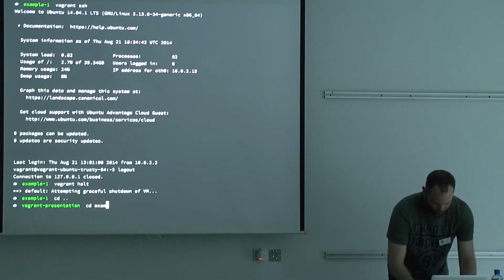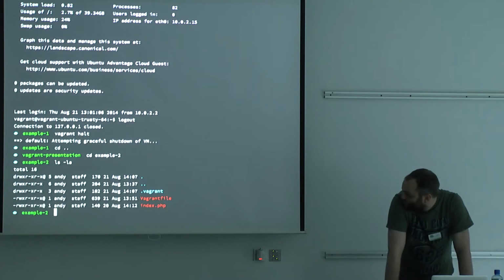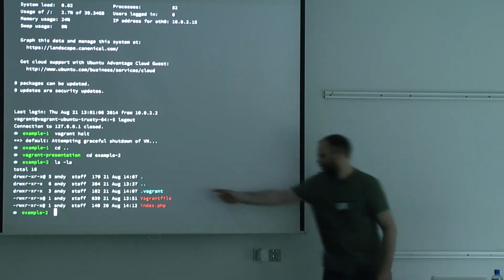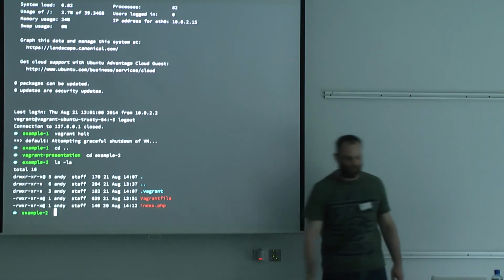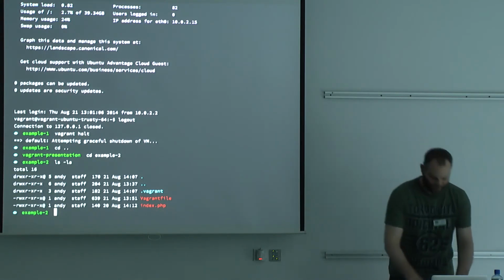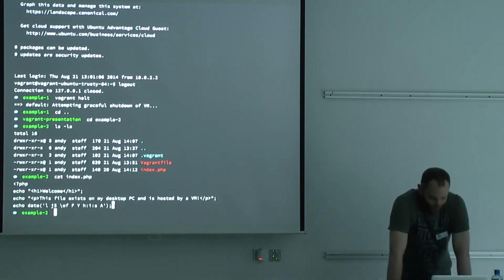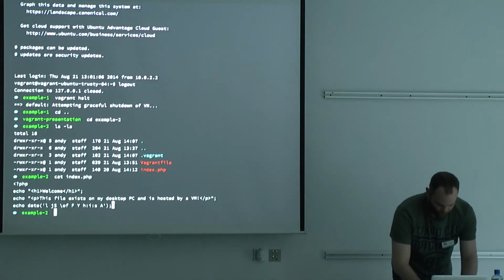Let's go for example 2. Okay, we've got a bit more information. A few more files this time. One more file, rather. Still have our Vagrant file, but we also now have an index.php. So what's going to happen here? Well, let's cat out this index.php. Very simple. It's just going to put a little content there, display the date as well. Nothing much to that. But if we go into the Vagrant file,